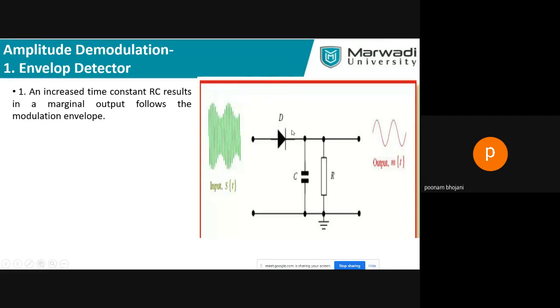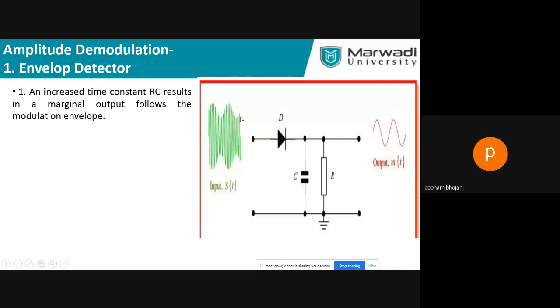And now, whenever you are getting only the positive part, you have to filter it. A low pass filter is connected by using the RC components. So what will the low pass filter do? See, after the diode you will get oscillations. But this low pass filter will smooth those oscillations into a single waveform like the envelope. So let us see how it will happen.